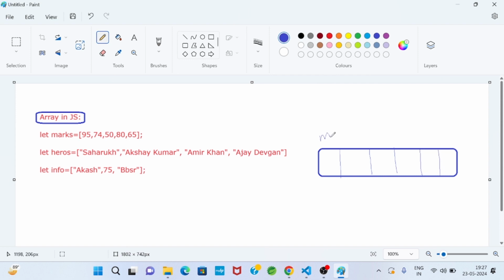Let this array name be marks, and an index value is generated in the array. The index value is always 0 to n minus 1. If the total number of data items is 6, then the index values will be 0 to 5. The zeroth index represents the first data item.